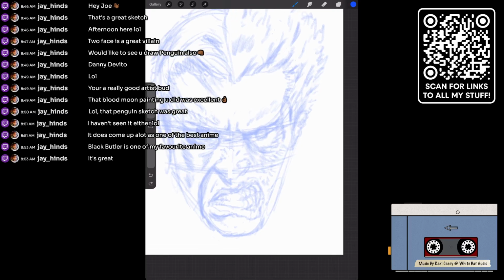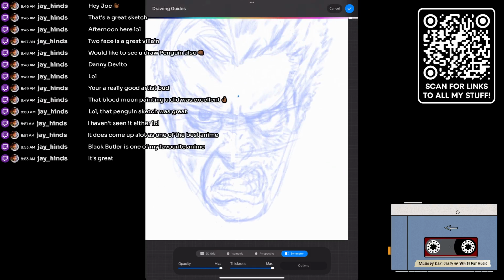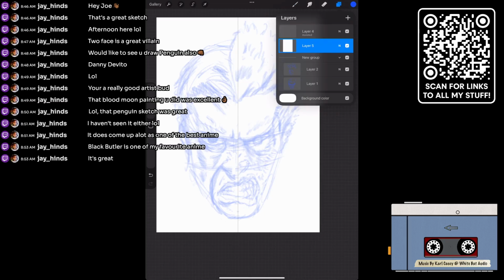Why can't I see the center line? It should be more. Oh, the opacity of it. Does that make it easier to see? Oh, you know, I know why. It's white. There we go. Thickness doesn't matter as much as long as I can see it. So 50 is probably good on there. I don't know why it doesn't just... There should be a way to just say, okay, always default to this color. It would just make it easier because I would always have it black unless it was a special case.